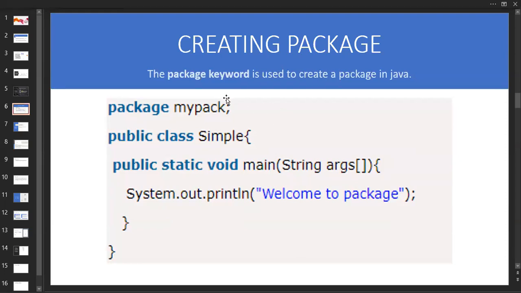So here, how are you going to create a package? With the keyword package, you are going to create a package. What I am saying to the compiler is, my pack, please create this program inside my pack. Again, I'm telling you, inside a my pack folder, I'm going to create this one. Okay, how are you going to write this program? Go to the notepad. Just wait a second. Where is the notepad?